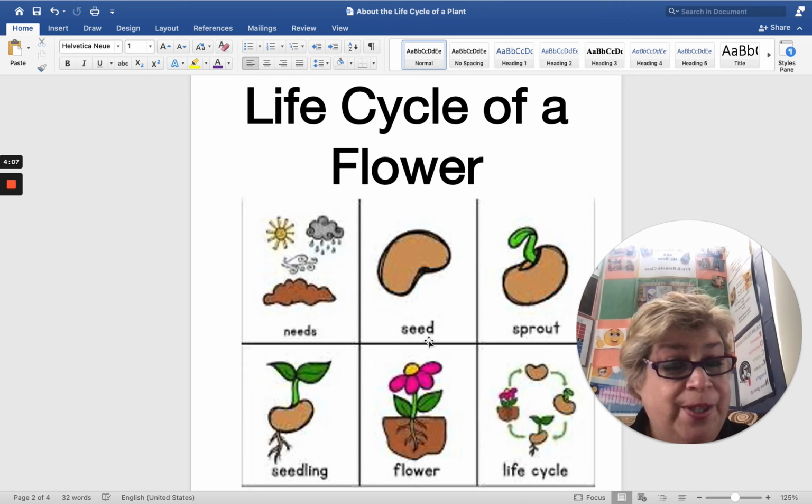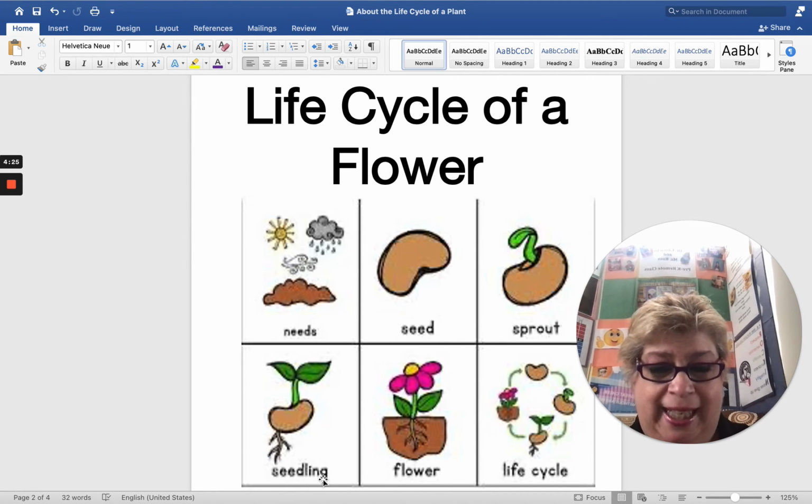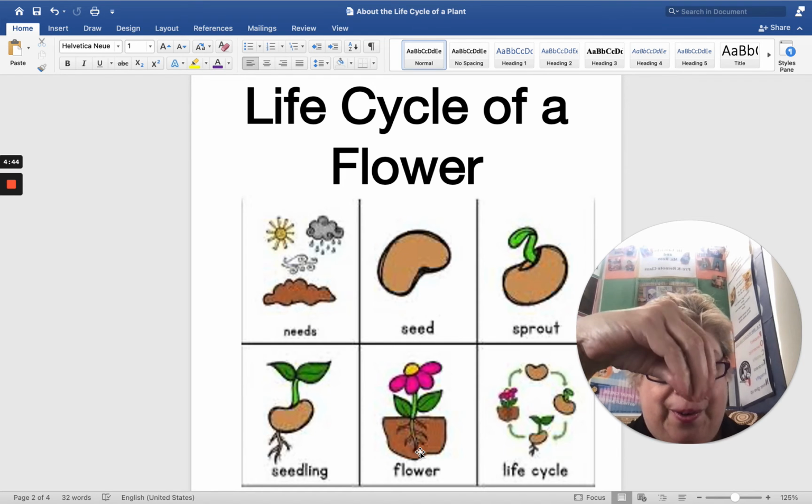So a flower starts out, as I said, a seed. There's the seed. Then it sprouts. Almost looks like a worm, but it's not. This seed is sprouting. Then we have a seedling where this part is that small little stem coming out. And these are, do you know what those are? That's right, roots. And those roots go deep into the dirt, into the ground.